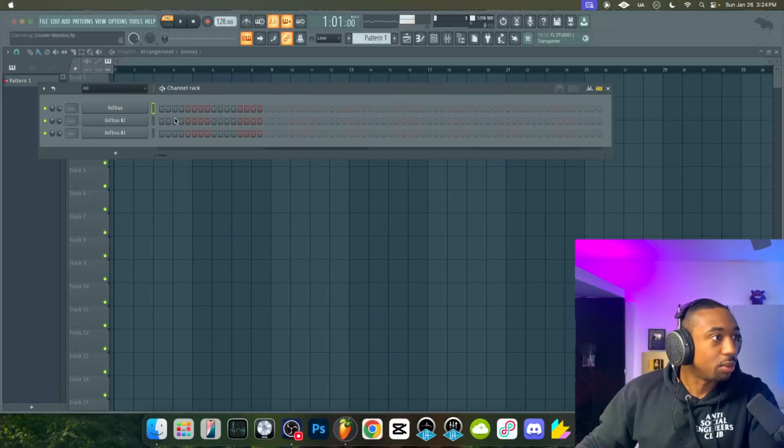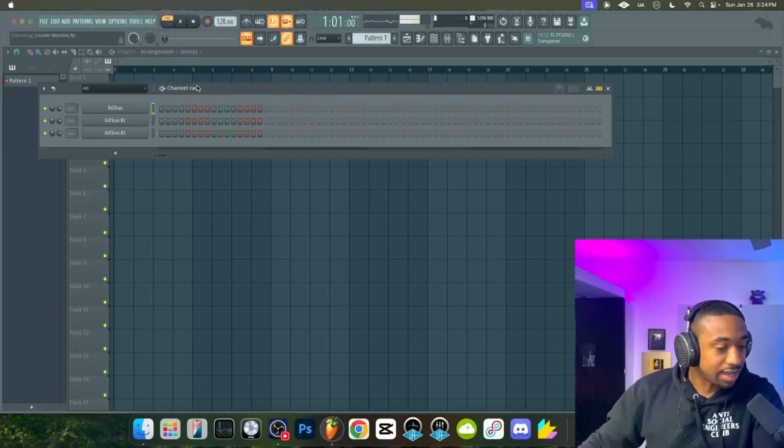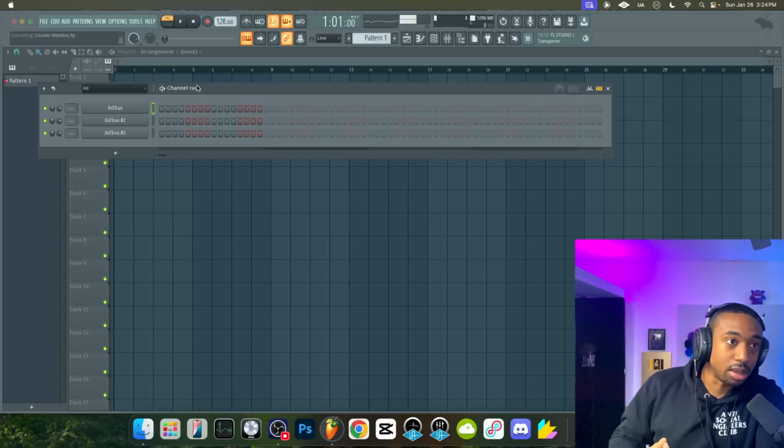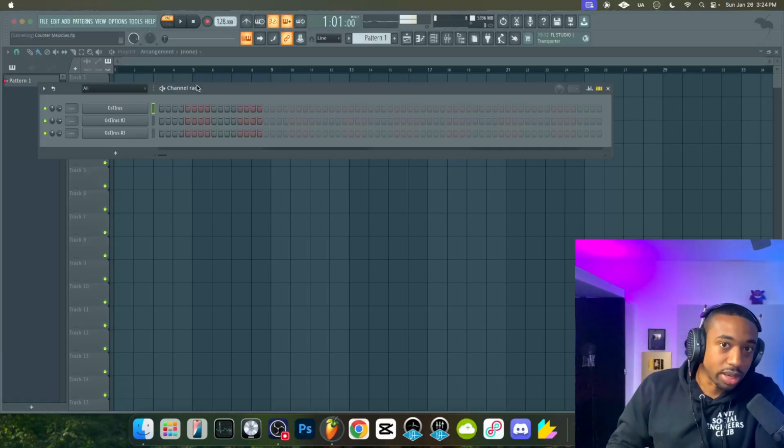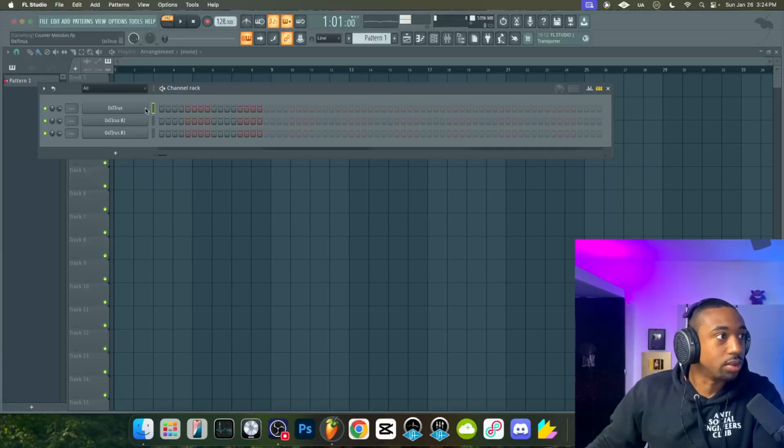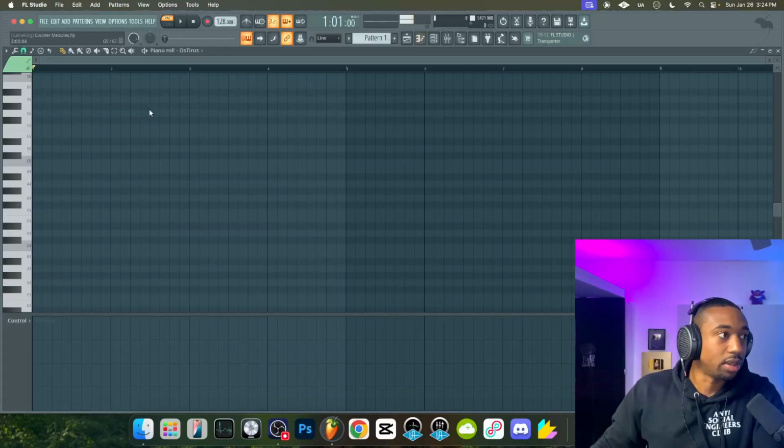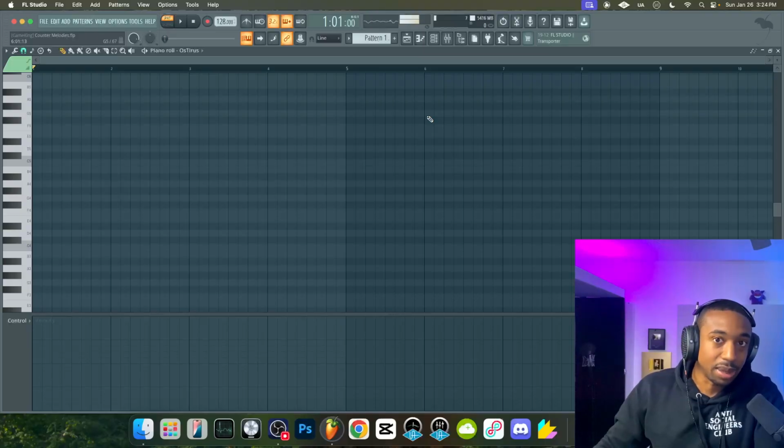So today I'm going to show you how to create counter melodies using FL Studio. The main thing we need to understand with counter melodies is that we have to create a difference in the perception between two elements of melody. And the easiest way to do this is with timing, not the note value. So for example, you might think that you have to create different notes all the way through. Counter melodies are really about the timing of notes.